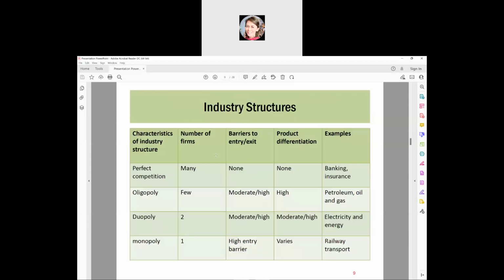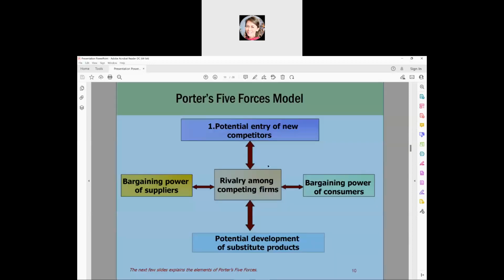Now, the next slide is on the... I'm gonna skip this, but basically this is about industry structure. So I'll skip this one and move right to the Porter's five process model. Again, I don't think I'm gonna go into each and every one of these. You can do this by reading the text, it gives in the textbook